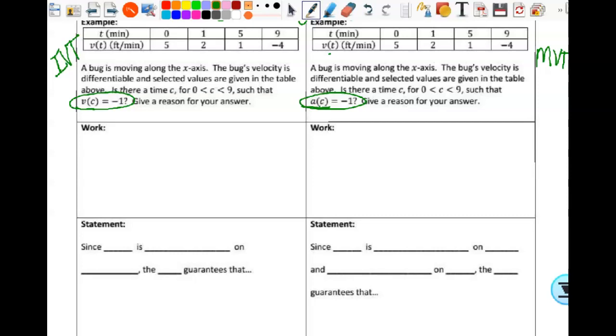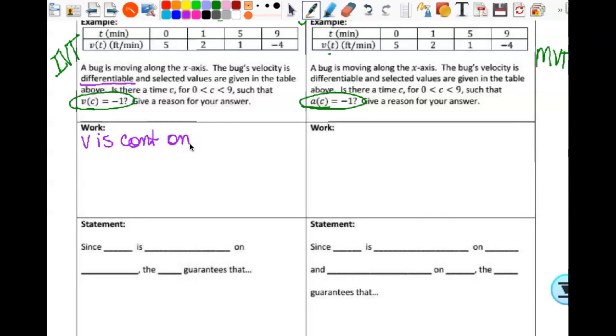So when we look at our work, we have to state what conditions have to be met for IVT. It has to be continuous. Is this function continuous? And if so, how do you know? Is V of t continuous? If so, how do you know? Because it's differentiable. Remember, every time we see differentiable, what else do we know? It's continuous, okay? So I can say V is continuous on